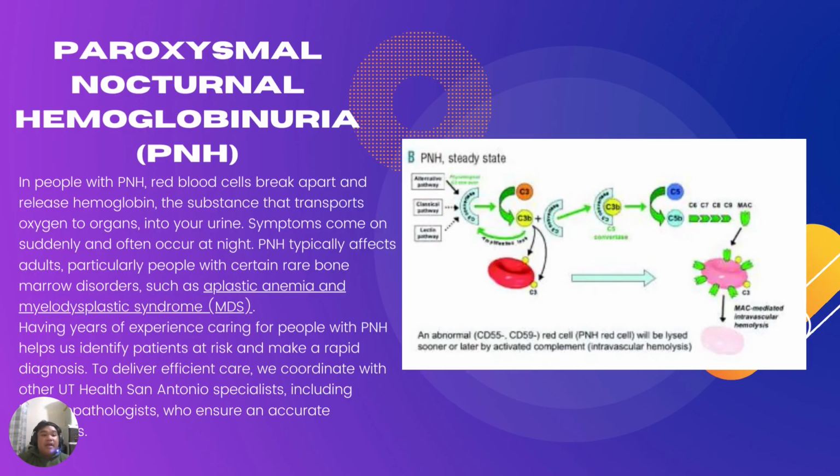And paroxysmal nocturnal hemoglobinuria, or PNH. In people with PNH, red blood cells break apart and release hemoglobin, the substance that transports oxygen to your organs, into your urine. Symptoms come on suddenly and often occur at night. PNH typically affects adults, particularly people with certain rare bone marrow disorders such as aplastic anemia and myelodysplastic syndrome